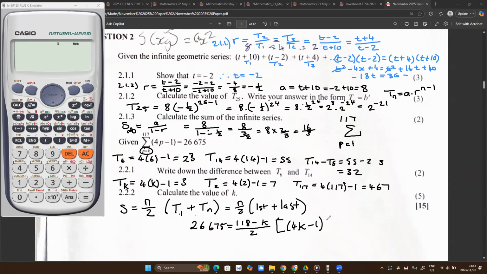And then we do know the last term is 467. Okay, now how do we get, why did we say n is equal to 118 minus k, not 117 minus k? Well, because